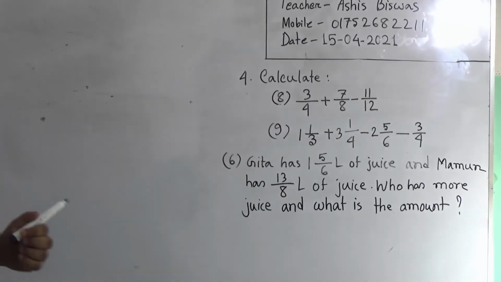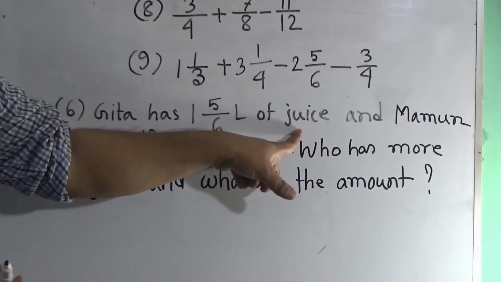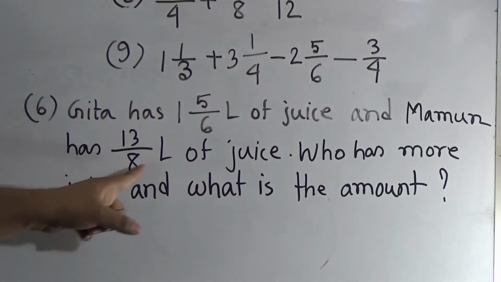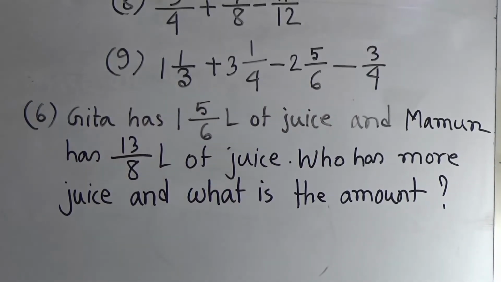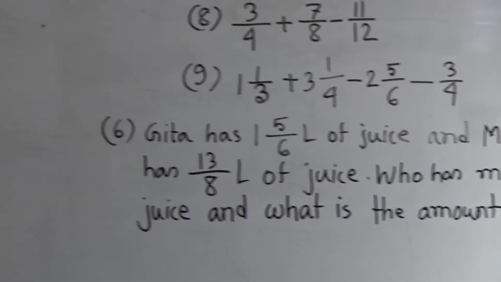Here you notice Geeta has 1 5/6 liter of juice and Mamun has 13/8 liter of juice. Who has more juice and what is the amount? So my dear student, at first we write given that